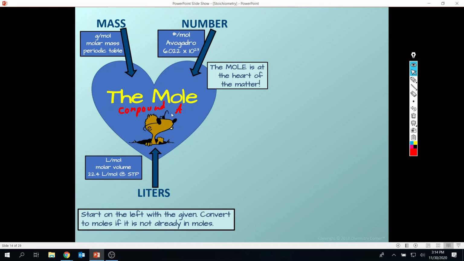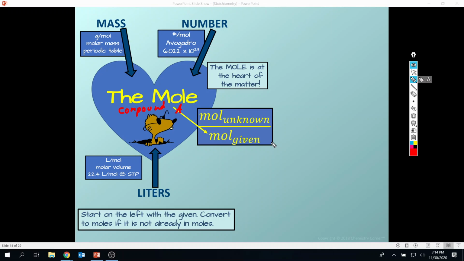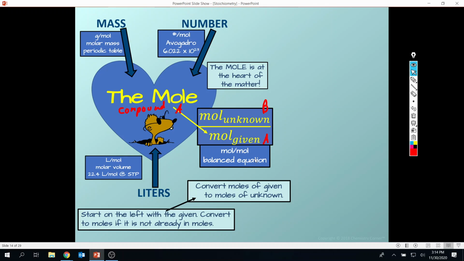So if we have this much of compound A, we will then use our moles to moles ratio. If our given is compound A and our unknown is compound B,